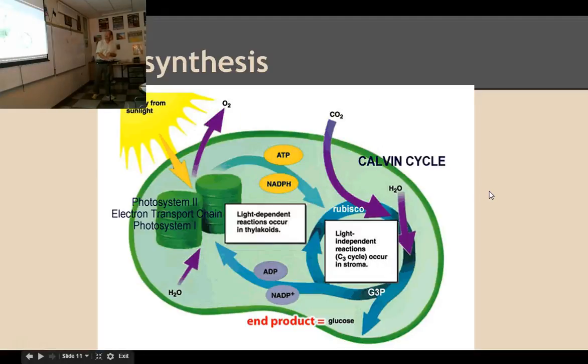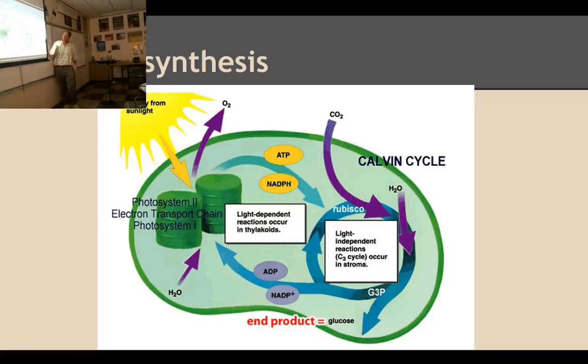So if you look at one diagram that has it all, here we have a chloroplast. Here we have the little green pancakes of the thylakoid membranes, and there's not only 2 of them in a chloroplast, there's hundreds of them, but for the sake of the diagram, they drew 2. The light hits the membranes in here, the thylakoid membranes, that takes water in, releases the oxygen, puts the hydrogen in the NADP hydrogen taxi, charges up some ATP,